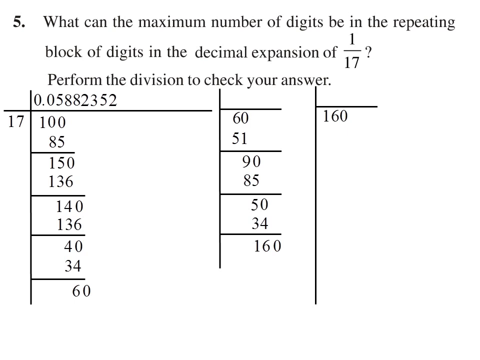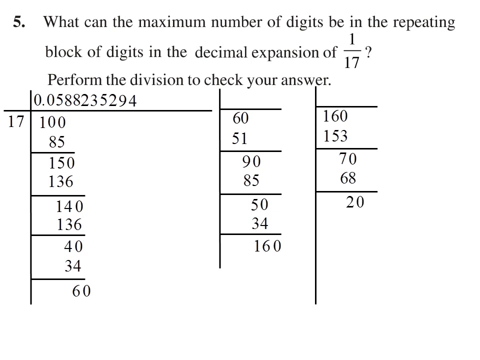Now my remainder is 160. Now next number we have to multiply by 17. It is 9, so I will get 153. So now in this case my remainder is 7. Now again taking 0 as a carry forward, I will get 70. Now the next number we have to multiply by 17, it is 4, so it will become 68. So now my remainder is 2.